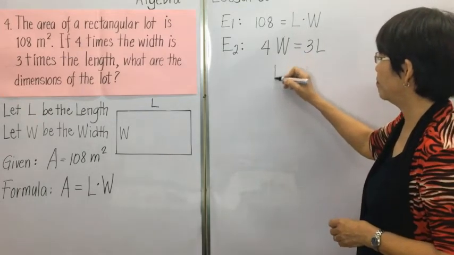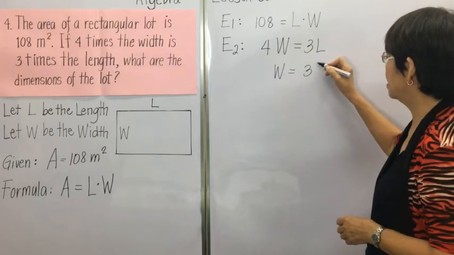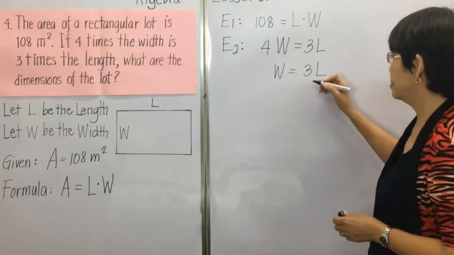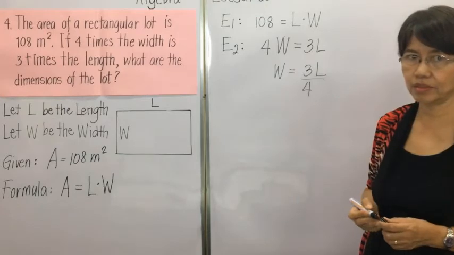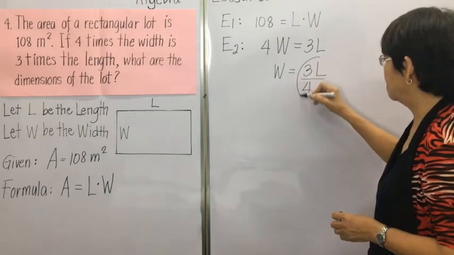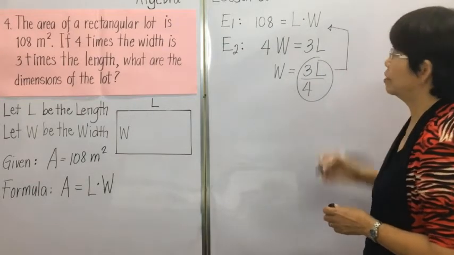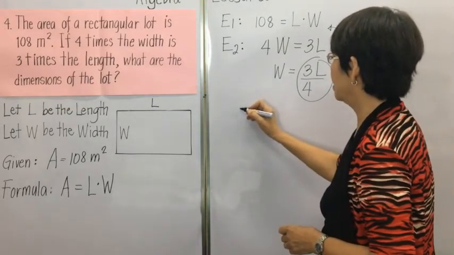So we will solve for W. 4W equals 3L. And then divide both sides by 4. So we'll have 3/4 L is equal to W. And this will be substituted to equation number 1. So by substitution,